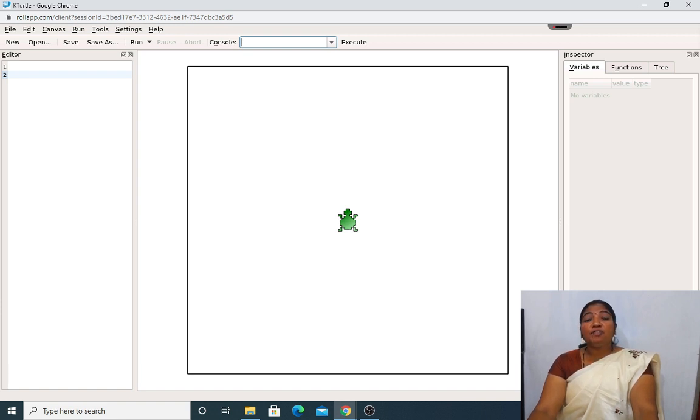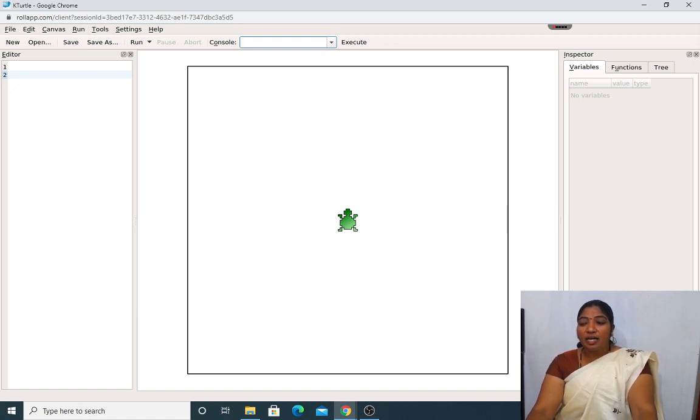These languages are already pre-built. Which line we are in, which column we are in, all that can be seen in the status bar. But by default, which language will it take? It will take English only.